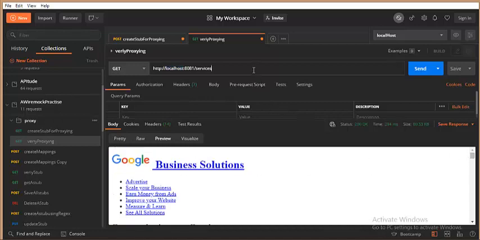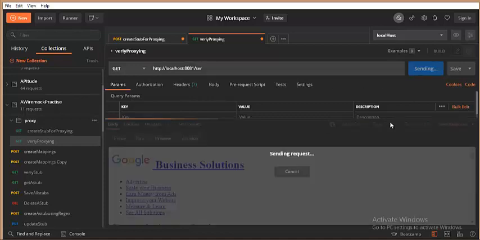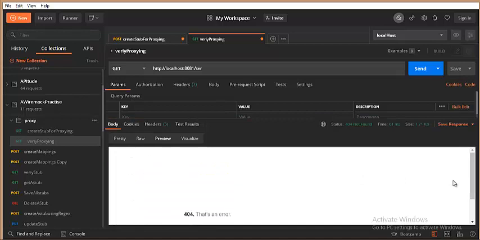So the endpoint is really important. google.com has an endpoint which is services. If I had mentioned some other endpoint like ser and clicked send, you would see a 404 error, because the routing has happened. However, http://google.com/ser is not a valid endpoint. That is the reason you are seeing 404.